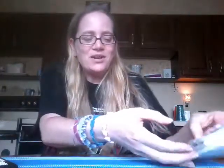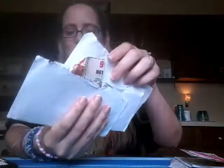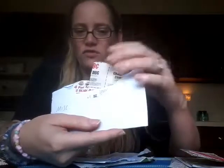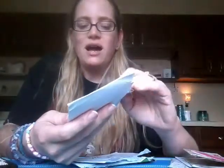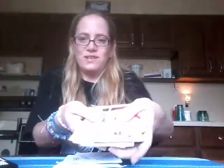And basically, I'm not going to go through these one by one, but this is my crazy stack of coupons. I actually have some divided. This is ones for the grocery store. These are ones for the Dollar Tree, which right now I don't have any. Dollar Tree does take coupons, so if I get 50 cents off or obviously $1 off ones, I use those. This is just miscellaneous coupons, and obviously all of these loose ones here are miscellaneous too,